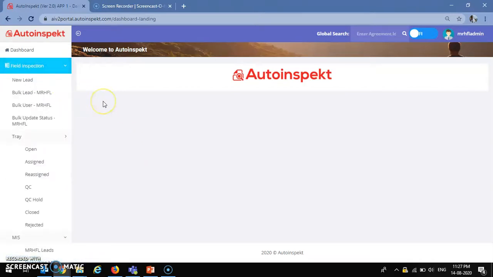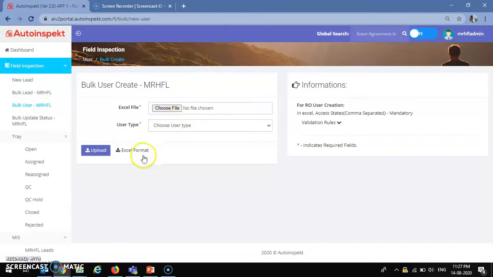Now, in order to do NP revaluations, we are collecting data centrally, and I'm uploading all the contracts centrally, and I'm creating mobile users centrally as well. Although I'm doing all these activities centrally, this portal also has the capability to create new users, which you can see here in the bulk users tab, where I can download the Excel format and fill the required details and upload and create mobile users.